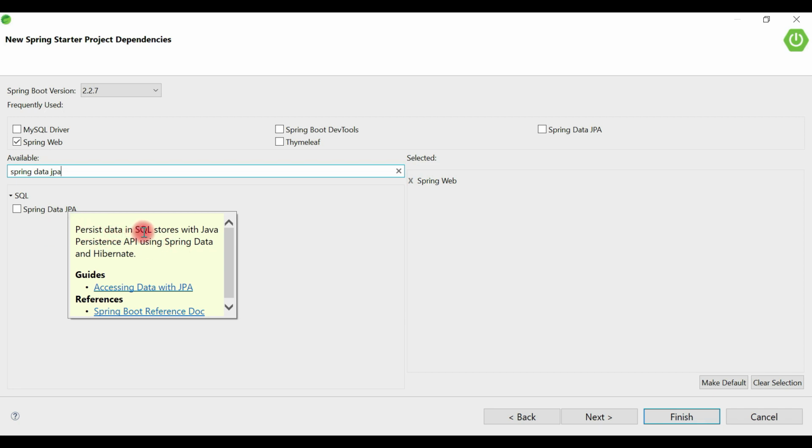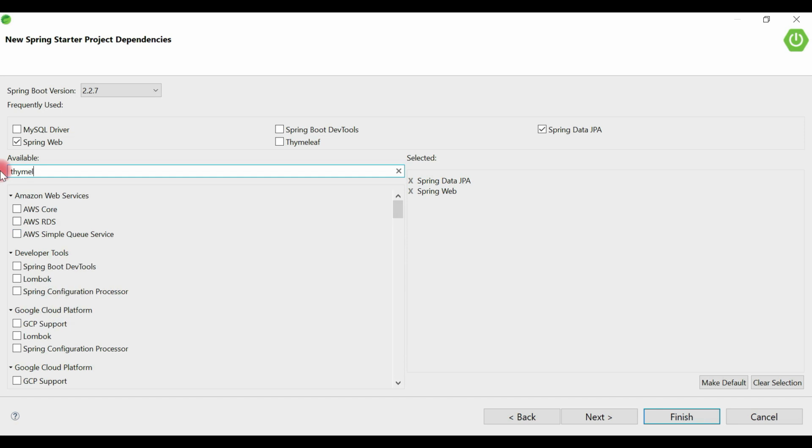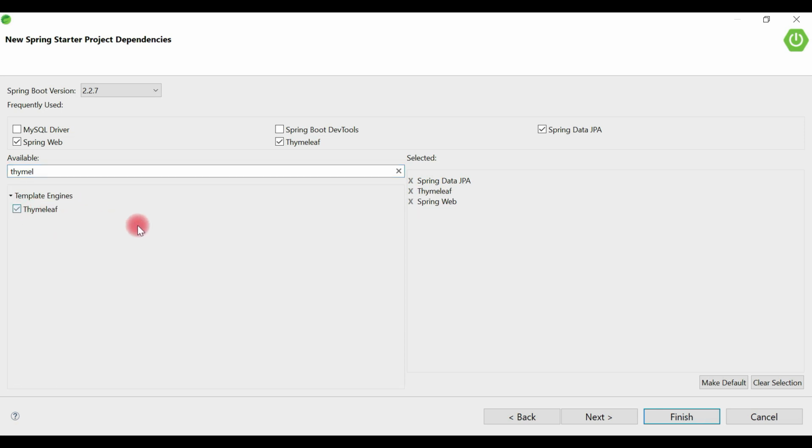So basically we use Spring Data JPA to reduce the boilerplate code that is required to develop a DAO layer. And we're gonna use Thymeleaf template engine. So let's type Thymeleaf. We use Thymeleaf to develop our view layer. Alright, and we're gonna use MySQL database. So let's go ahead and choose MySQL JDBC driver. Let's type MySQL here. So this is the MySQL JDBC driver,